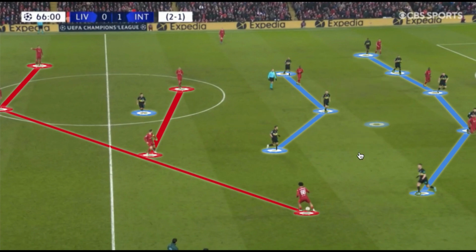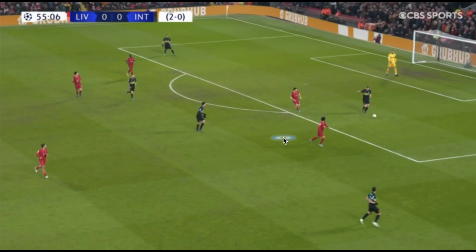But the main thing was keeping compactness, not allowing dangerous space to be opened up from Liverpool's possession, and then from here they could use this as a foundation to transition through to try and exploit the space in Liverpool's offensive structure. Now, when Inter were in possession of the ball, they had some very interesting build-up tactics and fluidity